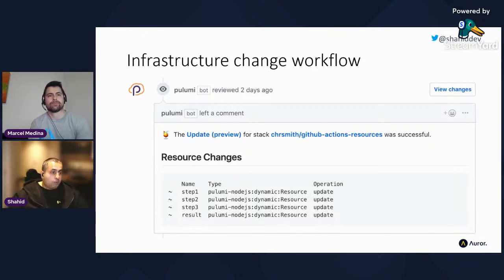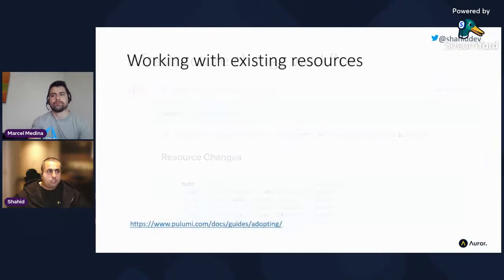So you can see here what we see in our pull request is somebody will make a change in infrastructure, and we will get in the pull request what Pulumi thinks is the state change. And me as a PR reviewer now has a lot more confidence that the change that somebody's made is going to do the right thing. This is what it's going to change in my infrastructure.